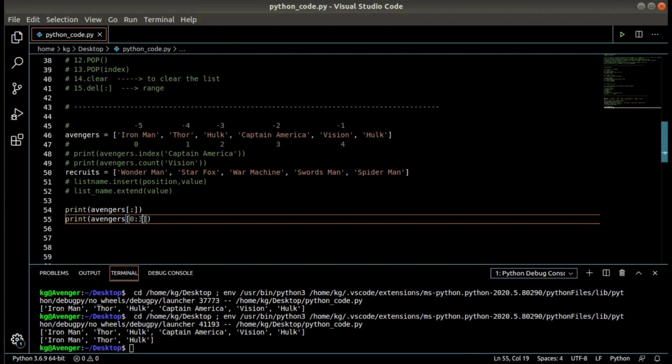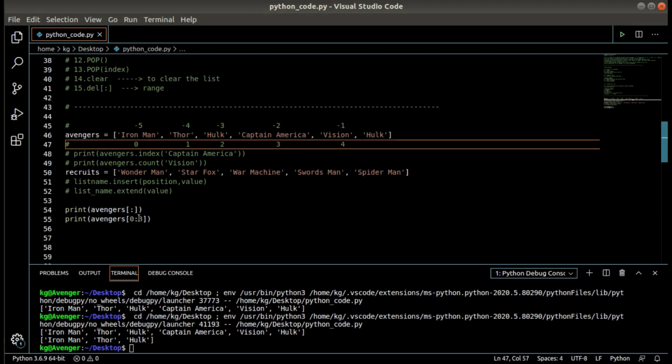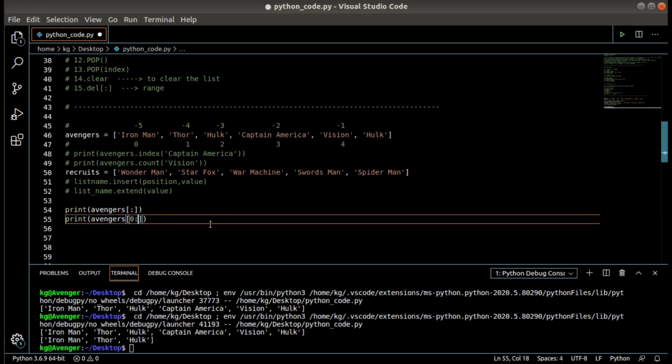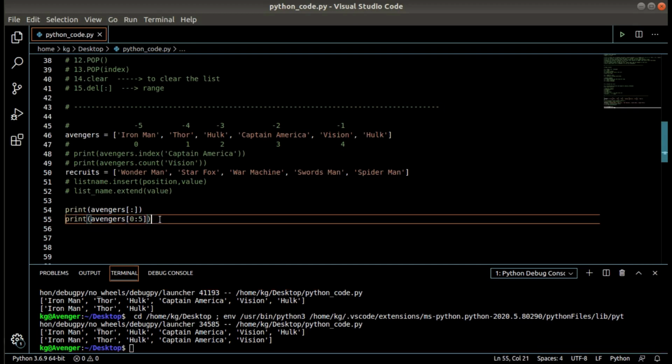That means the last index, the index that I have mentioned over here, is excluded from that range. So it will just print 0, 1 and 2. So if I am doing 5 over here, it will print up to Vision, that is 0, 1, 2, 3 and 4, not 5. 5 has been excluded from here.